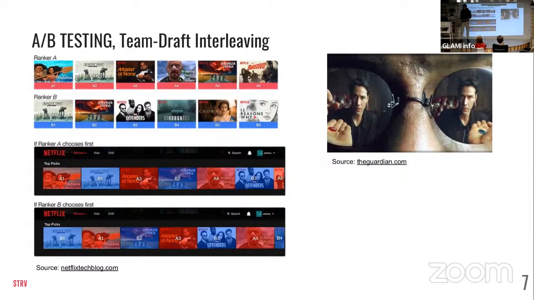I have here an example of a not so common thing. There is a technique called team draft interleaving. You may never have heard about it, but it's pretty useful for applications where you have more elements. For example, in web search, you have more search results. If you have image search, you have more images. And this is an example from Netflix. I think this is from the recommender. They have two recommenders ranking